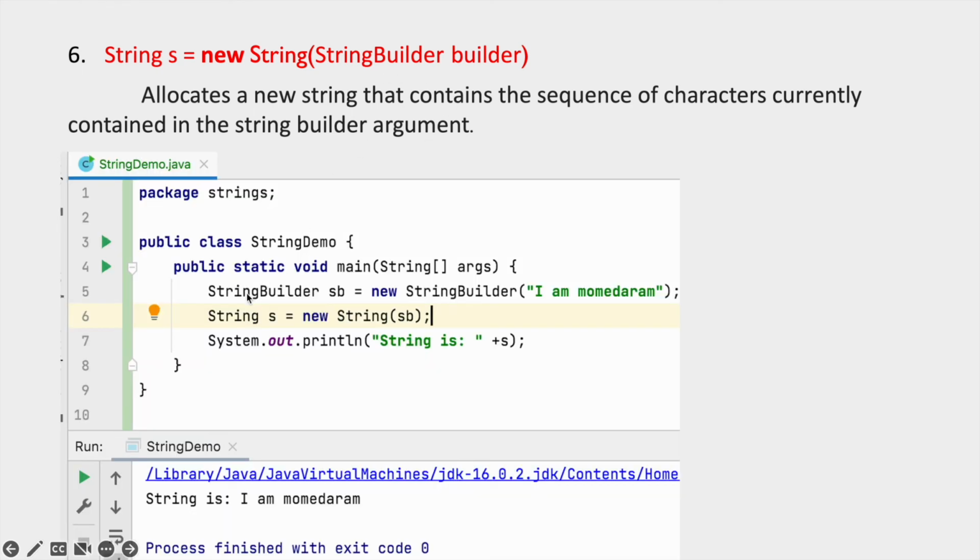StringBuilder sb = new StringBuilder("I am Momedharam"). There is some content in the StringBuilder, and based on that content we create the string object. If you want to create a string equivalent to the StringBuilder object, that is when we use this constructor. There are some other constructors also available, but these 6 constructors are the most frequently used constructors